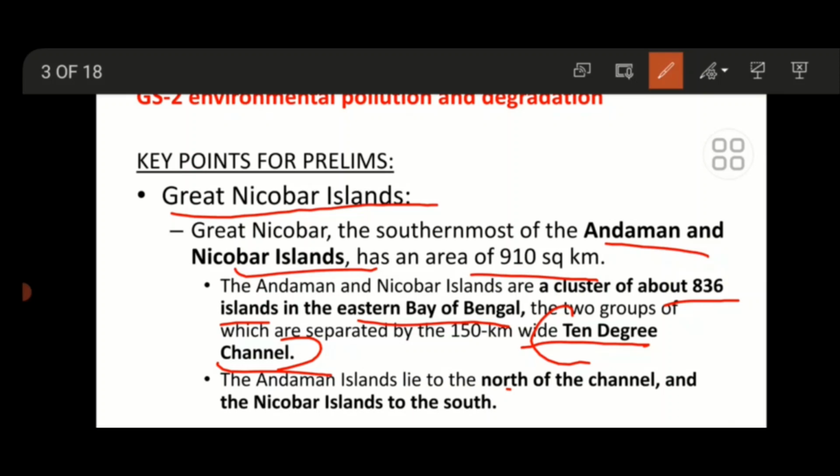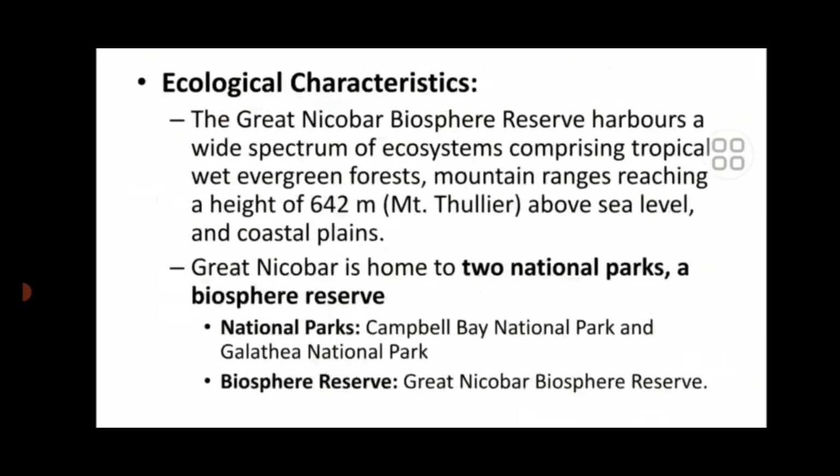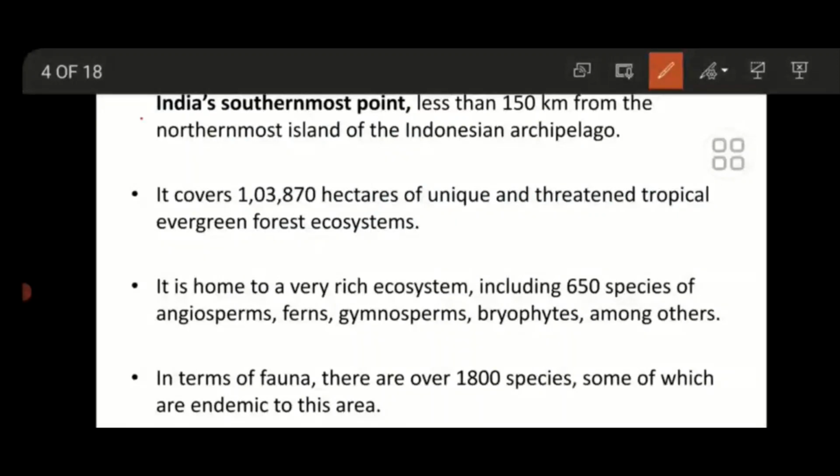The Andaman Islands lie to the north of the channel and the Nicobar Islands lie to the south of the channel. At the 10-degree channel, the north will be Andaman and the south will be Nicobar. Indira Point on the southern tip of Great Nicobar Island is India's southernmost point. It is less than 150 km from the northernmost island of the Indonesian